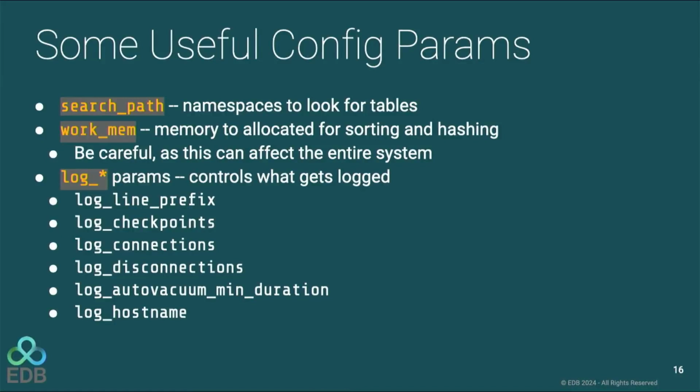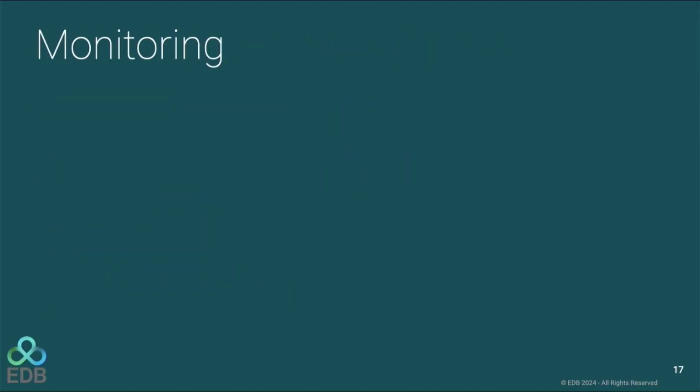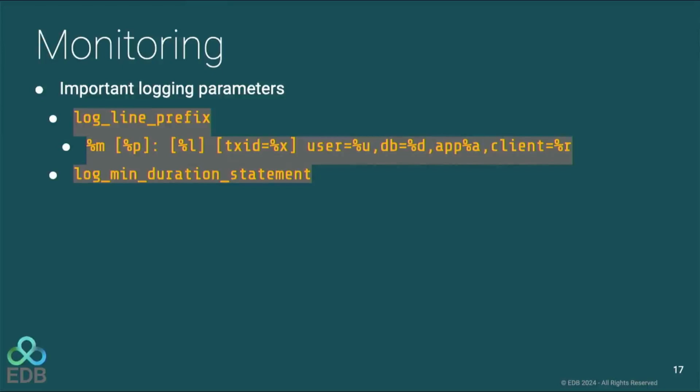Now, these log parameters are also very useful. I won't be able to go into all of those, but the two I want to focus on are log_line_prefix. The log is a text log, so certain queries and certain activities will get logged into that text file. Having this prefix is very useful to figure out which database, which user, which application caused that to happen. So if you ever need to go back and figure out why something happened, why a delete happened, why a database crashed, having all this information available will be very useful.